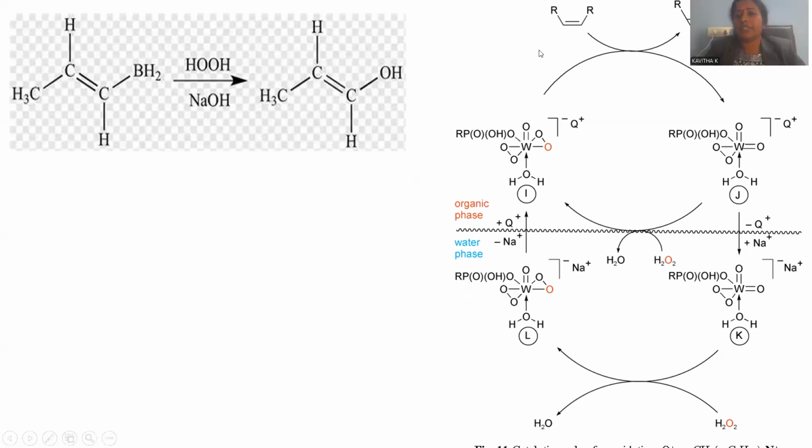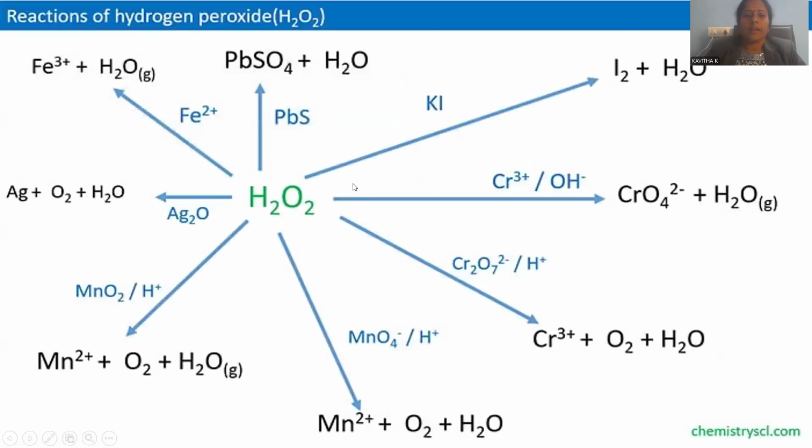Another simpler example we are discussing: olefinic double bonds upon reacting with hydrogen peroxide. Obviously, there is a formation of cyclic ether. Oxygen will be added at the two ends, and that is called a cyclic ether, called epoxide. This is the natural tendency. This is the exceptional condition we can observe. And here multiple applications pertaining to hydrogen peroxide as the oxidizing agent are mentioned. We will go for the individual description.